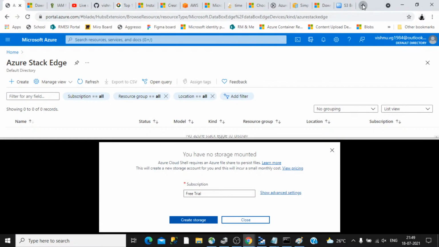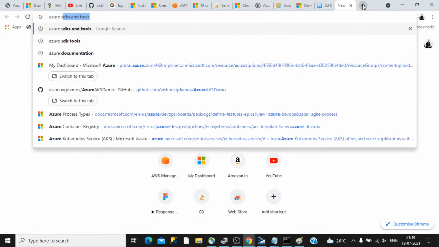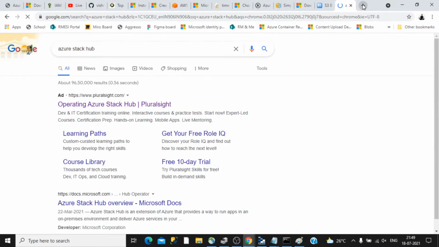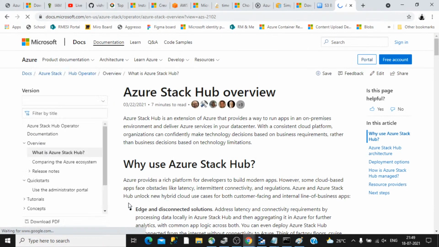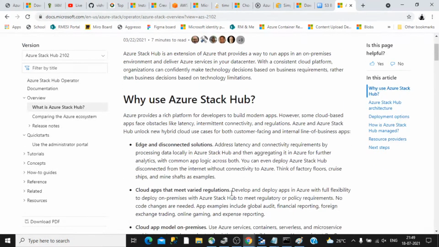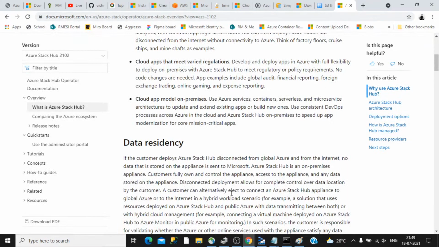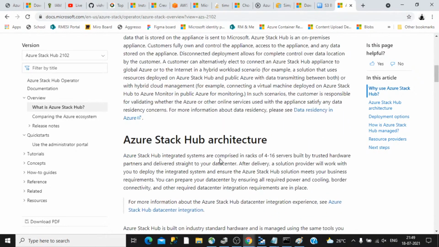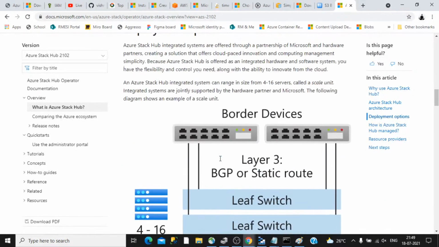No. Let's search Azure Stack Hub. Okay, yeah, this one is the tool. It's basically a machine, but it does not have any access to internet, and it resides inside your on-premise area, and your applications can connect to this particular one. So this is the concept.